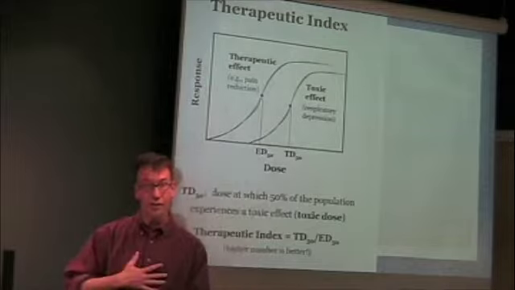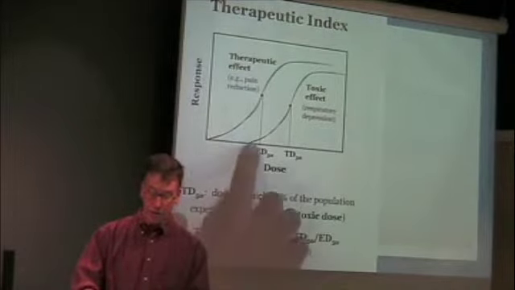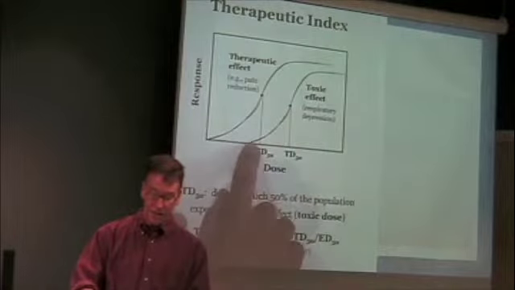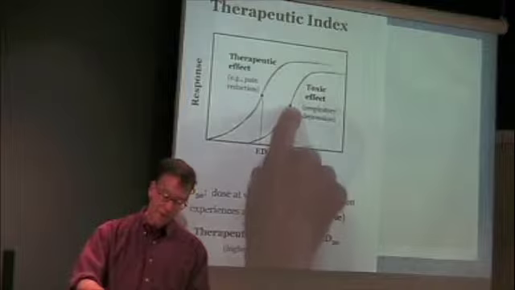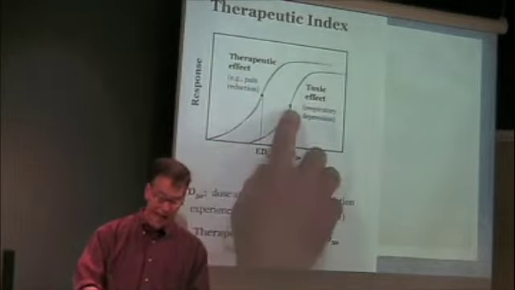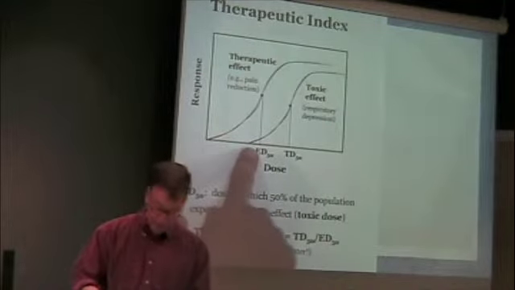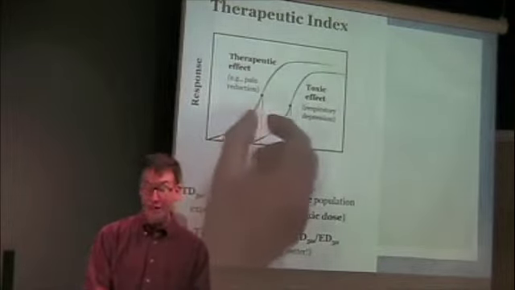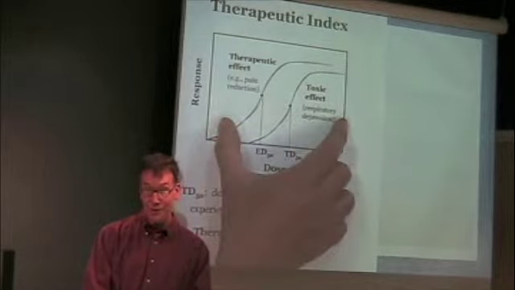Respiratory depression. It makes it more difficult to breathe, right? It suppresses breathing. But note that you'll reach the half maximal toxic effect, in terms of suppression of breathing, at a higher dose than you will the half maximal effect for pain reduction. And what you really want for a drug is a great big separation between these two lines, right?